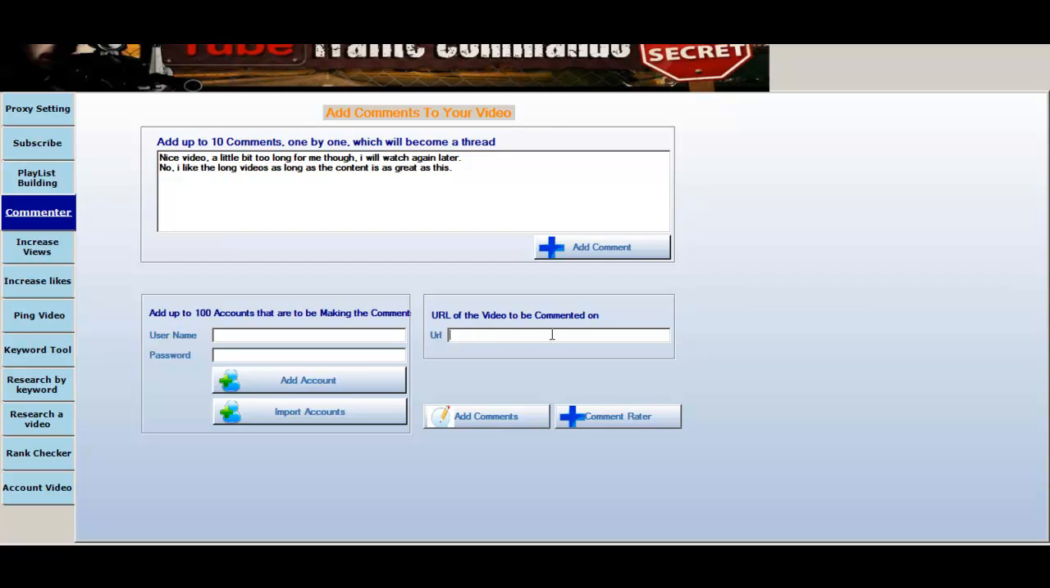Okay, so in here we put in the URL of the video to be commented on, and then we can add the comments. Now what's really cool as well is then we can use the comment rater. Now this will not work without proxies. You must use proxies for the comment rater. But you set your proxies at the beginning when you open the software up if you're going to use this part. And you can choose which comment that you want to rate, and as you do that, that comment should rise to the top. And the comment could be the channel owner's comment as well,